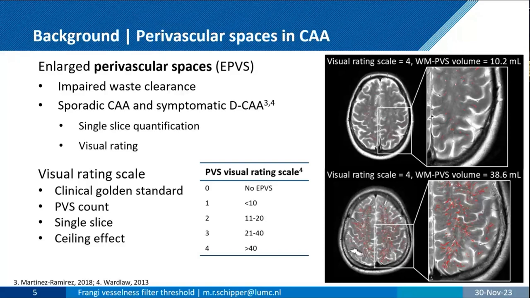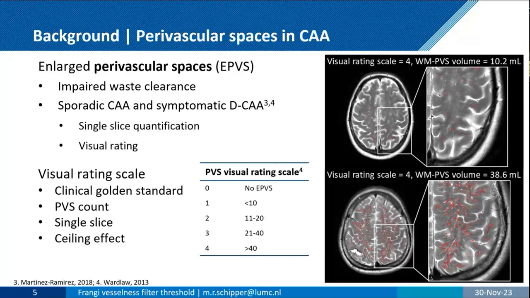When you do the visual rating, you count the perivascular spaces on just a single slice in the centrum semiovale and on just one hemisphere. So you select the slice where you think you see most perivascular spaces, you start counting them, and then based on that, you categorize them based on this visual rating scale. And so if one has no perivascular spaces, this person will fall in level 1. If one has more than 40 perivascular spaces on this single slice on this one hemisphere, this person will fall